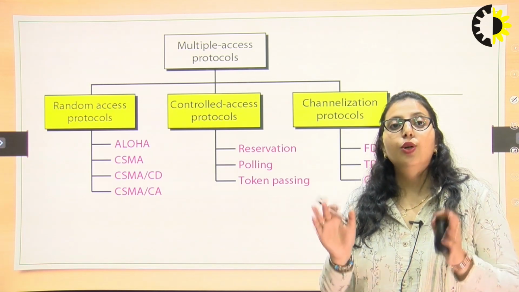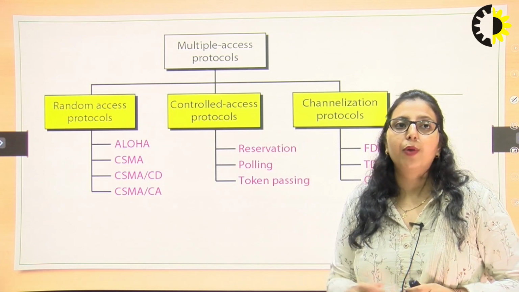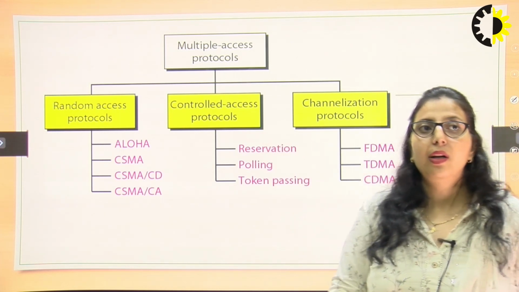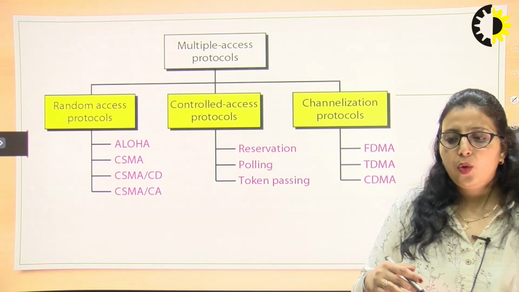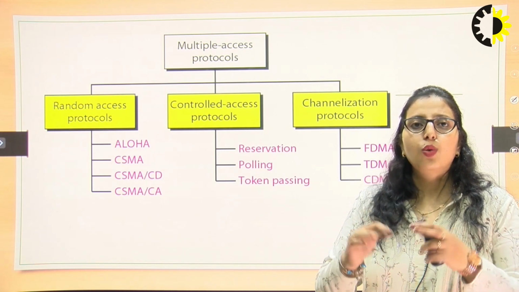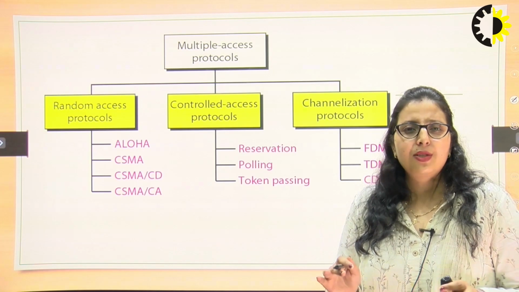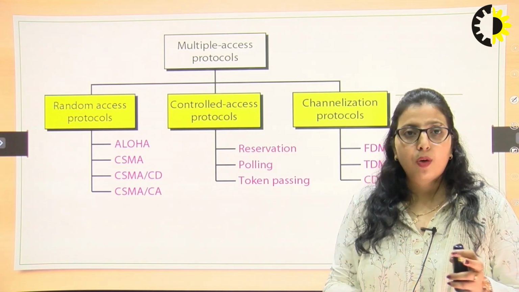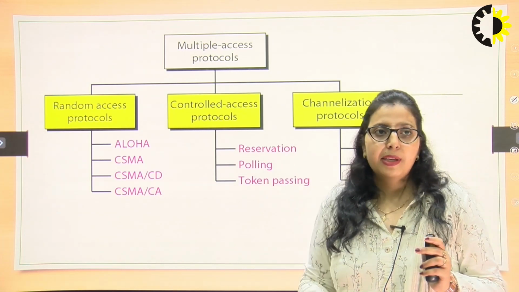So the data should be secure. To make the surety, we use the following protocols in the multiple access protocol. The first one is the random access protocol, in which there is no control, that is, there is no superior, or we can say no administration, who controls the overall transmission. So it comes under the random access protocol.